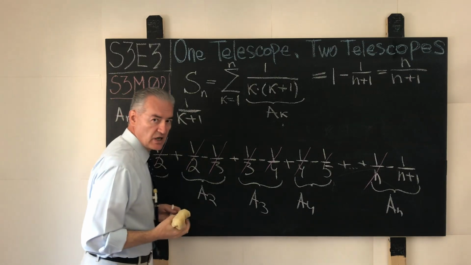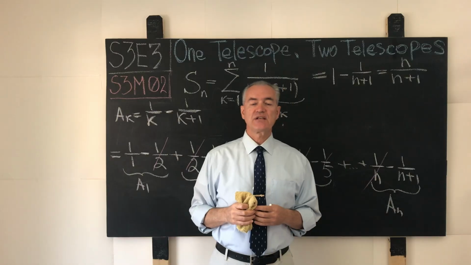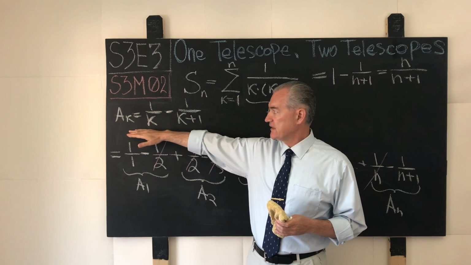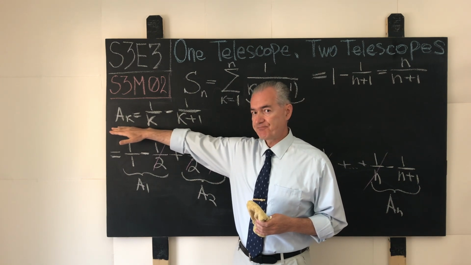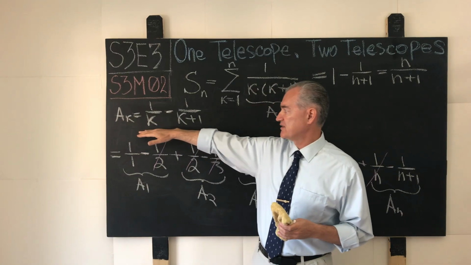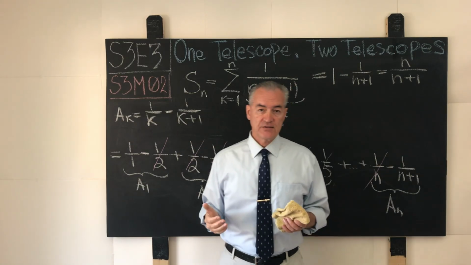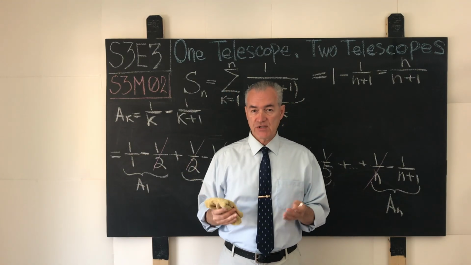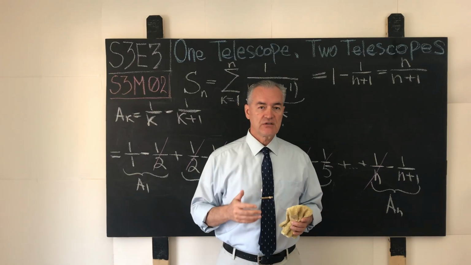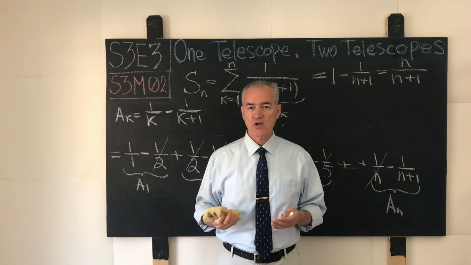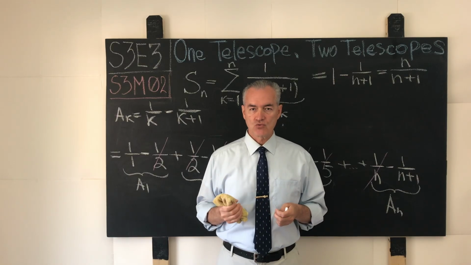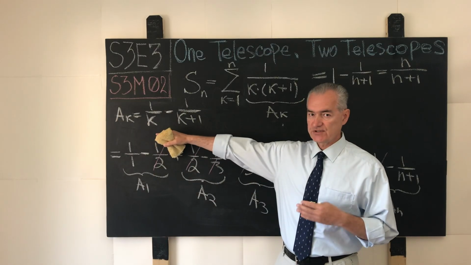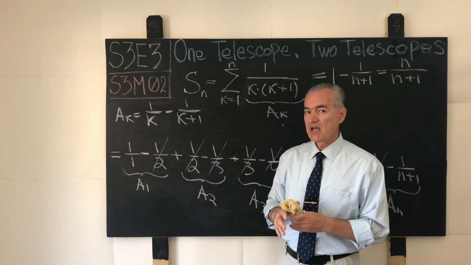Again, I want to make sure that everyone in the audience understands that the transformation that may lead to a representation of each and every common term of the given sum as an advantageous difference, that works in such a way that when these terms are summed together the bulk of the material cancels out, is not really known ahead of time. As far as I'm aware, there is no one single etched-in-stone rule which says, look at the term, do this, and voila, you will have a telescopic series. There is no such thing, which means that every time, even if